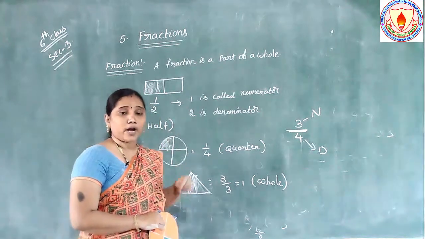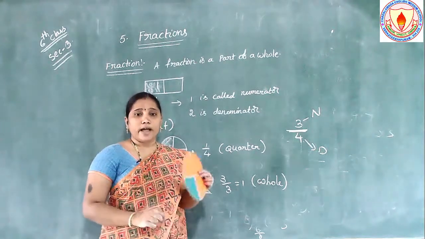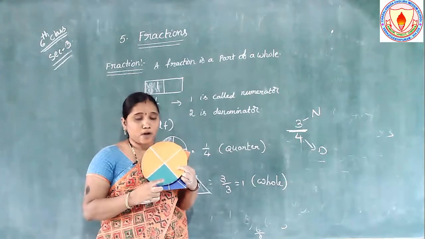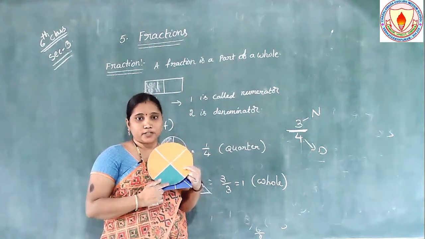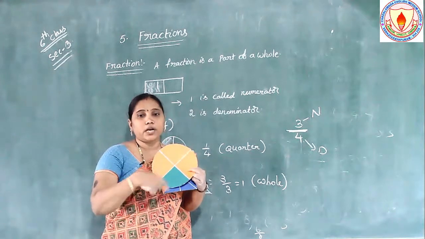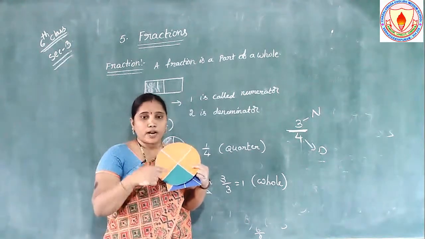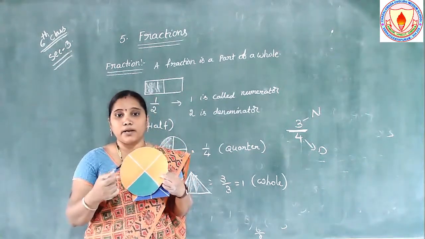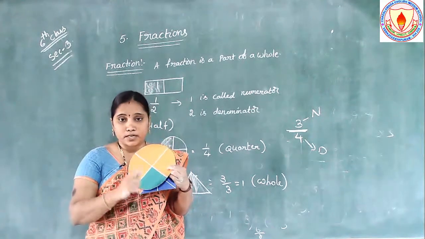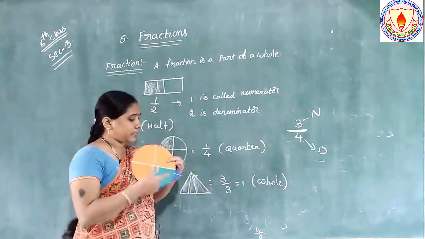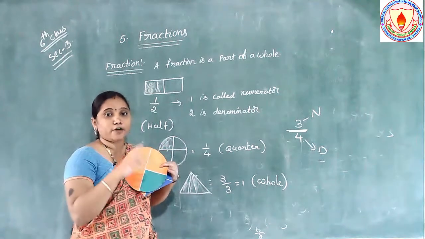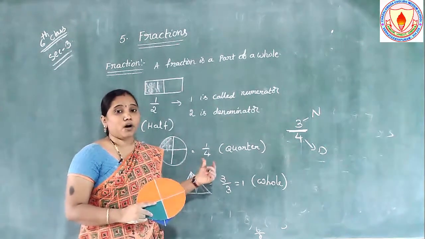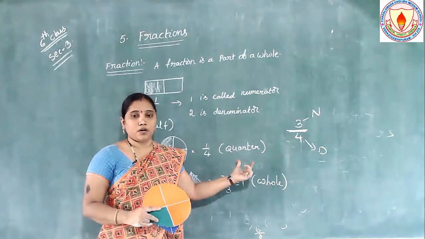So how do we identify the fraction values? Suppose we consider the portion value of green here. Only 1 part is shaded, so the value is 1 by the total parts. How many total parts? 1 by 4. You should not write 1 by 3. Madam, there is 1 green and the remaining 3 are oranges, so isn't it 1 by 3? No. The first green part value is 1, but how many parts are divided in total? 4 equal parts are divided here. So 1 by 4. 1 by 4 is also called a quarter.